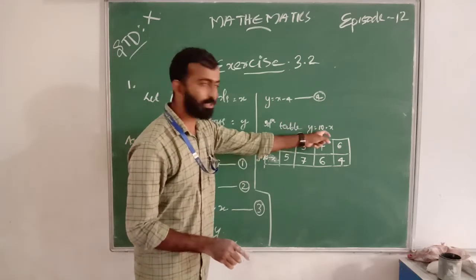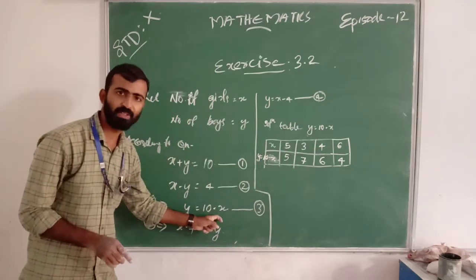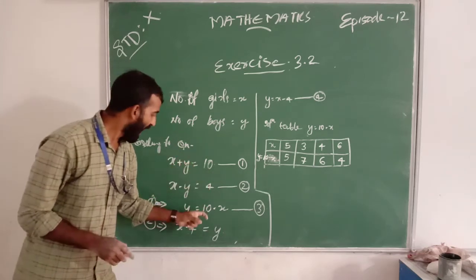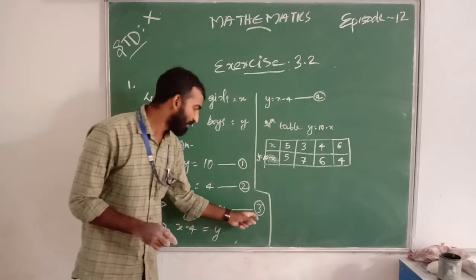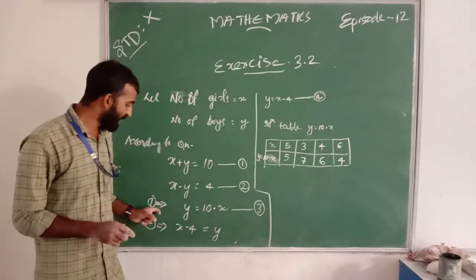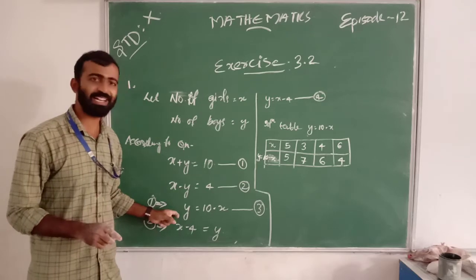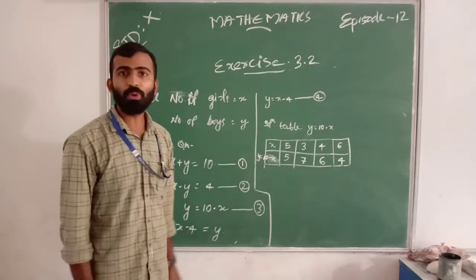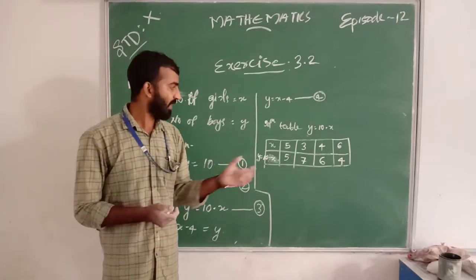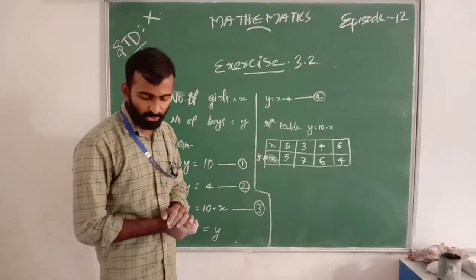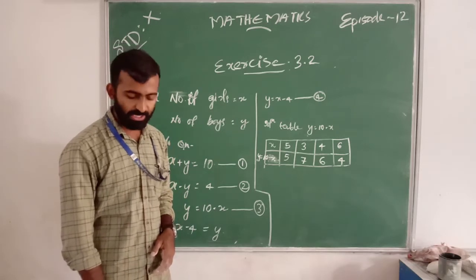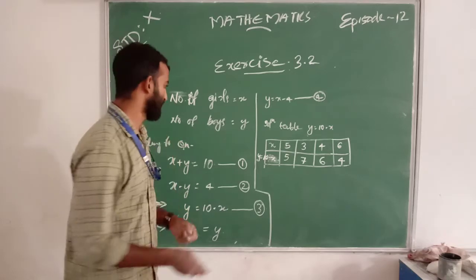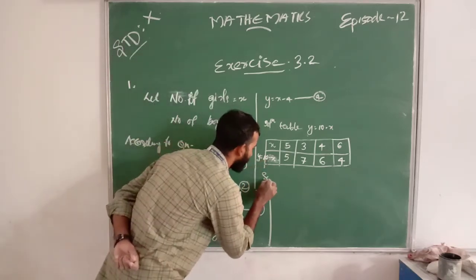Where does this equation come from? Equation number 3. Here we have 2 equations. Where does equation number 3 come from? It comes from equation number 1. Equation number 1 is rewritten, so we get it like this. Next we want another solution table for x and y.